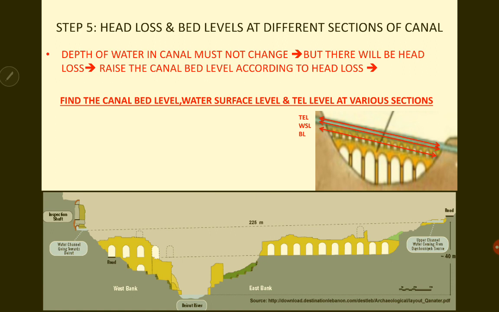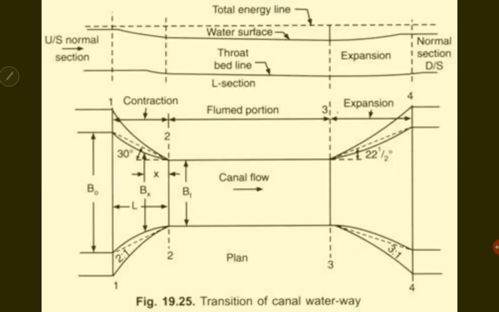That will be the TEL line, the FSL line, and the bed level line. Okay. So we will be finding the levels of the canal bed level at various distances, and will be finding out the TEL and the FSL at that distance. So here you can see, this is how the TEL, FSL and the bed level look like. So we have to find out these dimensions, and we have to make sure that the depth D is kept constant, and then find out the bed width at the various sections.